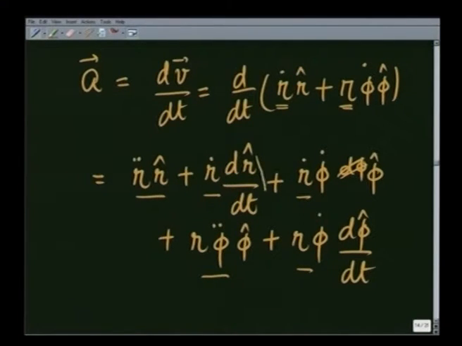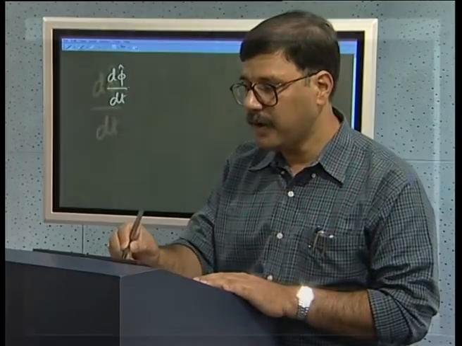dr dt I have already calculated. The new term now is d phi dt, and this is what I am going to calculate next. Collect all the terms and see what the expression for acceleration looks like. To get d phi by dt, I will first again look at it geometrically and then derive it from the definition. If you look at it geometrically,